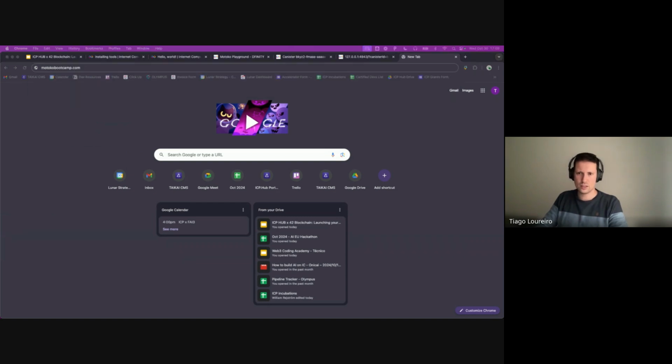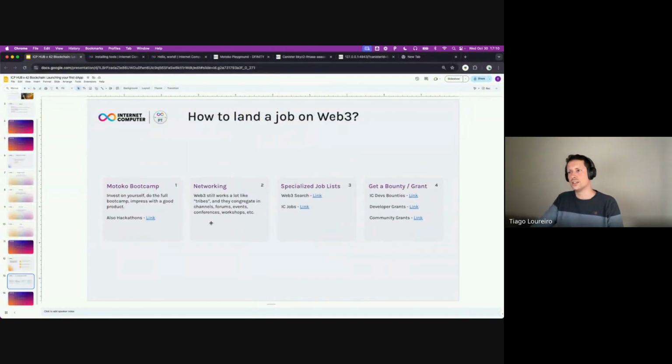That's, I think, the most comprehensive tutorial of the IC and how it works. There's a handbook of how the IC works. And for learning, even if you later go to TypeScript or Rust, I would definitely recommend starting with Motoko Bootcamp: do a 1 week course of it, do all the challenges, go deeper into this information,